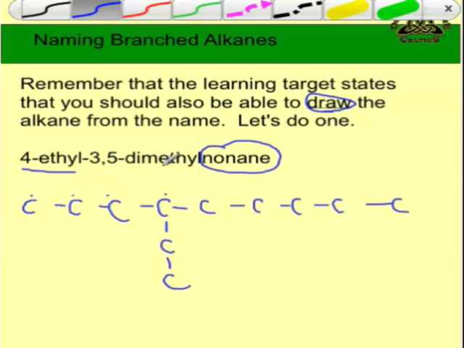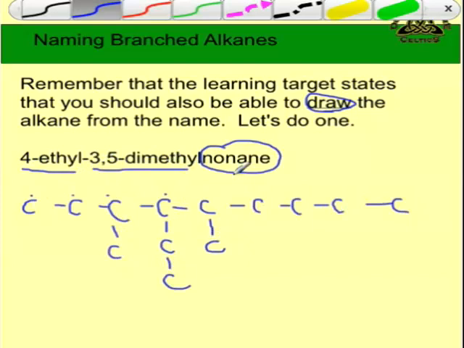3,5-dimethyl. This means I have a methyl group off of carbon 3 and a methyl group off of carbon 5. So 1, 2, 3, I put a methyl group. 1, 2, 3, 4, 5, I put another methyl group. So I have 4-ethyl 3,5-dimethyl. So I have the skeleton of my branched alkane. All I need to do now is put in my